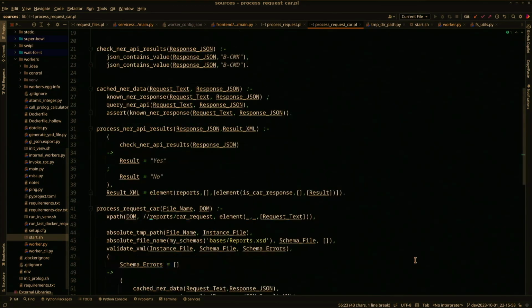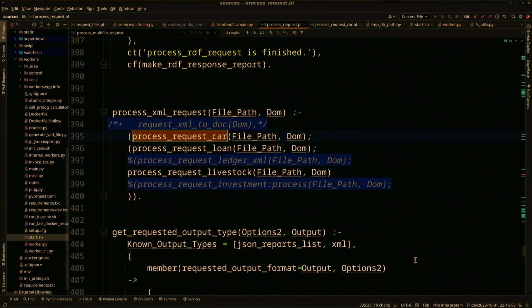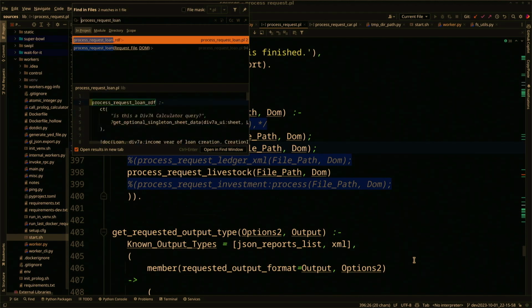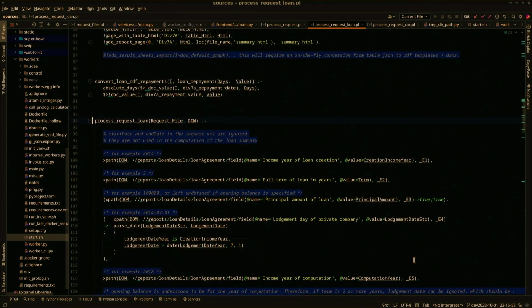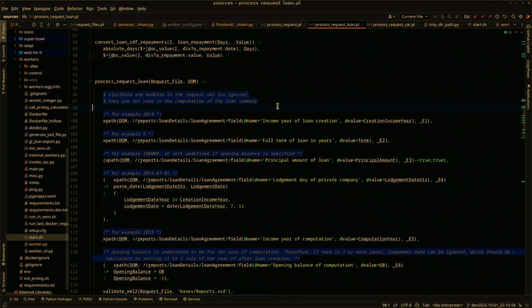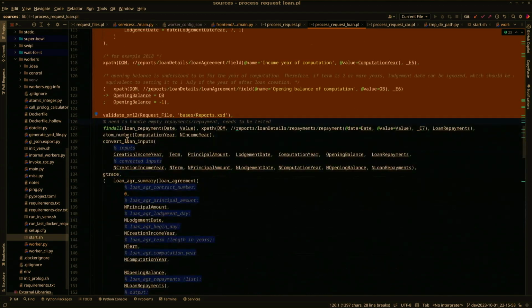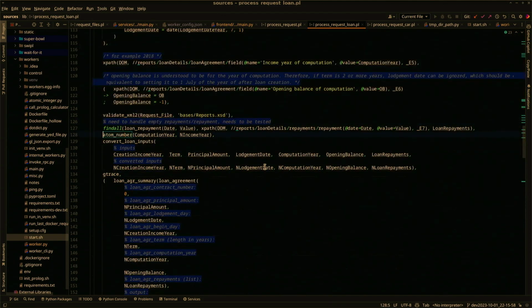Pretty much. Loan is a more complex one, a little more complex one. But again, it's the same scheme. Parse the XML, validate it, even do some calculations